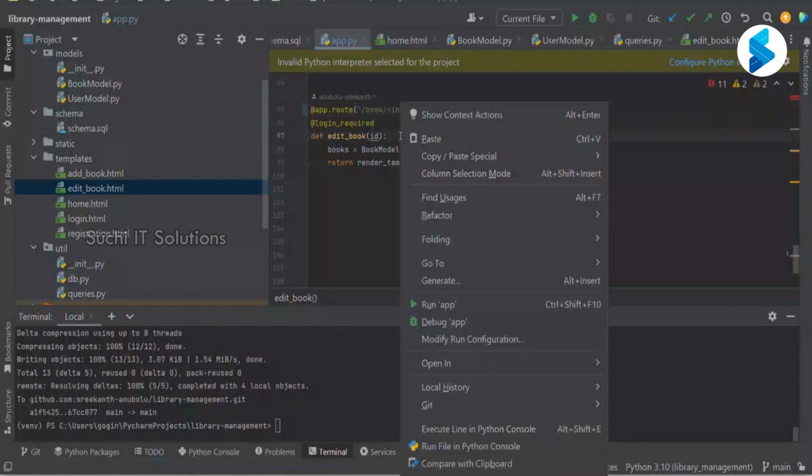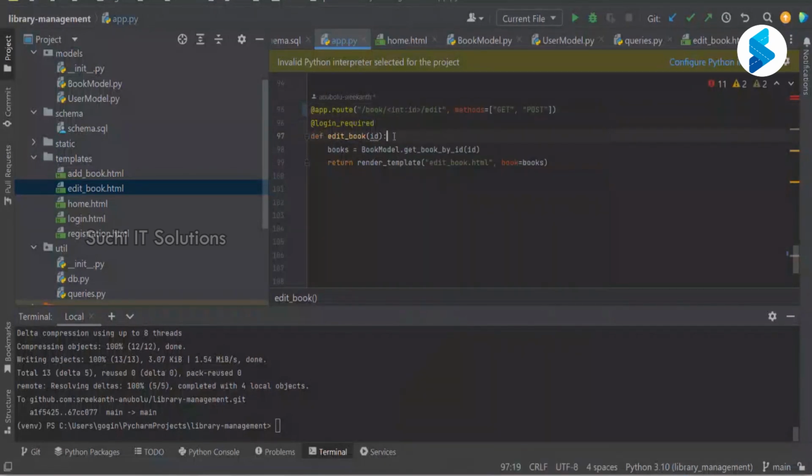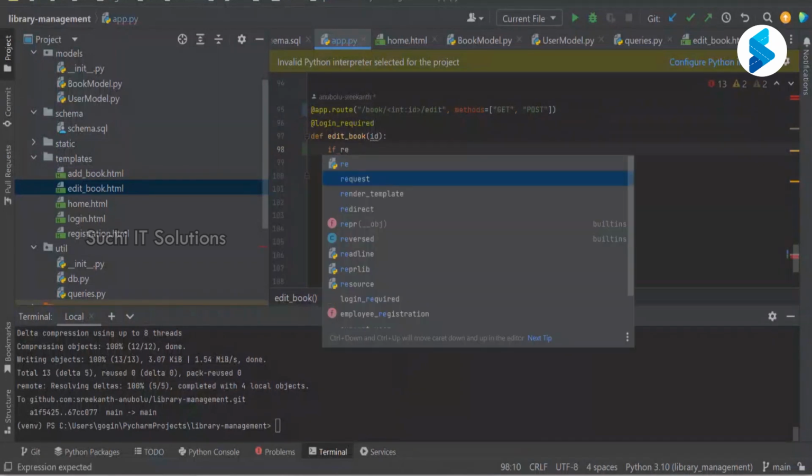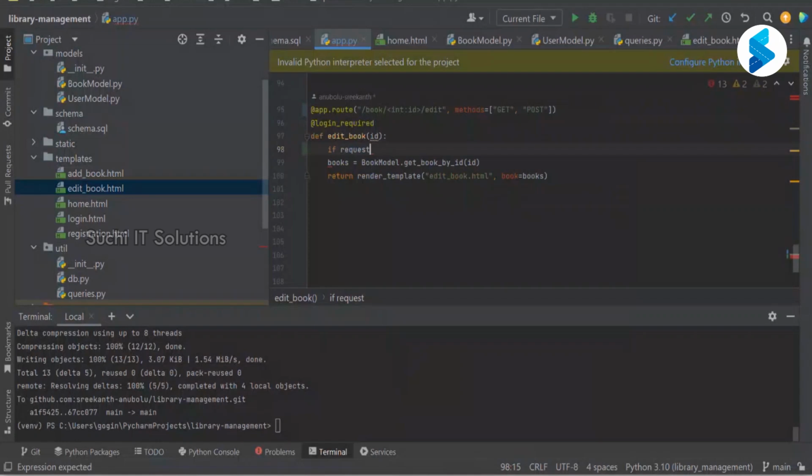If it is a get, if request dot method equals to get, you do this, else it is going to be the post, which means